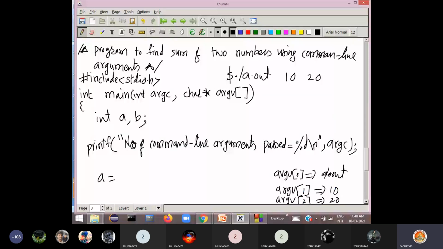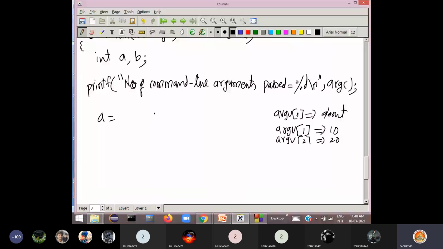Now how can we access these values 10 and 20? By using argv of 1 and argv of 2. When you say A is equal to argv of 1, argv of 1 contains 10, and that 10 will be stored in A. But this 10 will be stored as a string, and you want to convert it into a number.